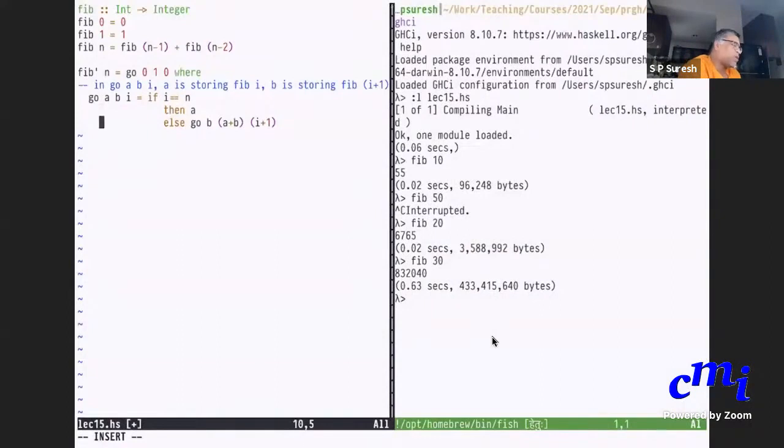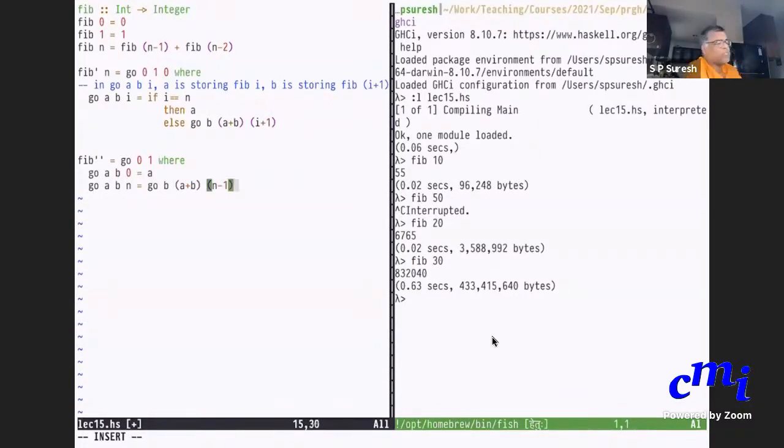So let me just do the fib double prime, which would be the version that I've given in the slides. Fib double prime n equals go 0 1 n, where go of a b 0 equals a, and go of a b n is go of b, a plus b, n minus 1.